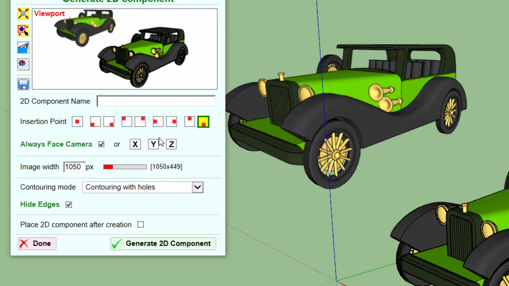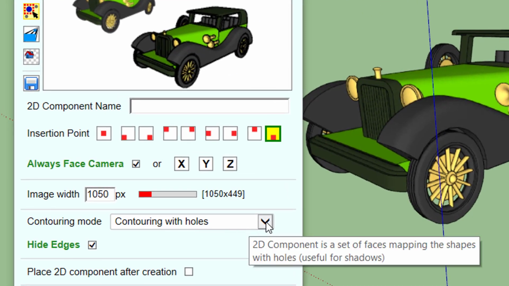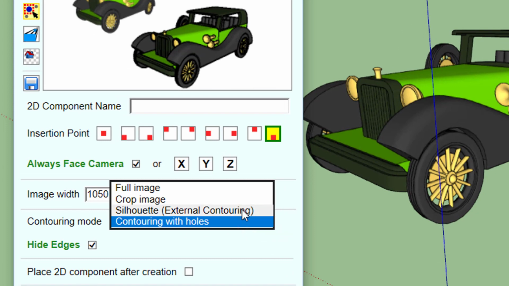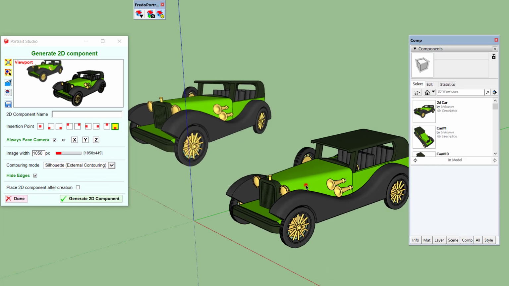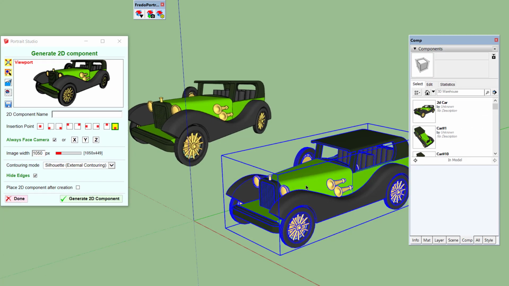You can now have the pure external contouring, which would be like a silhouette. Okay, so let's take my car again, my 3D car, and generate a 2D car silhouette.